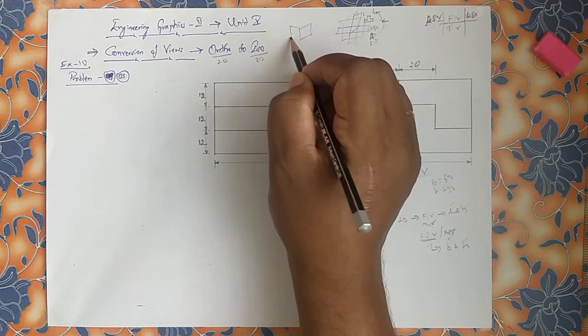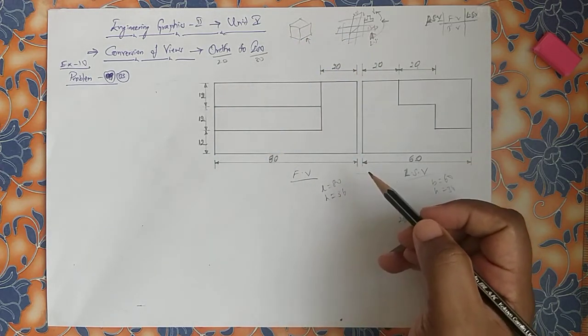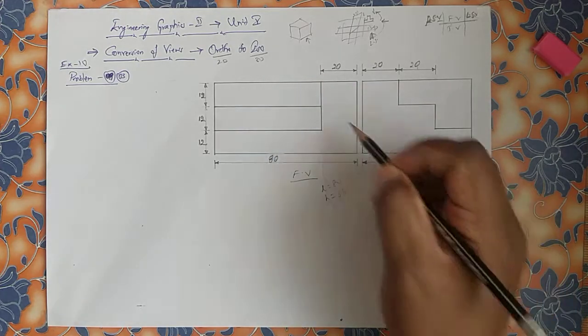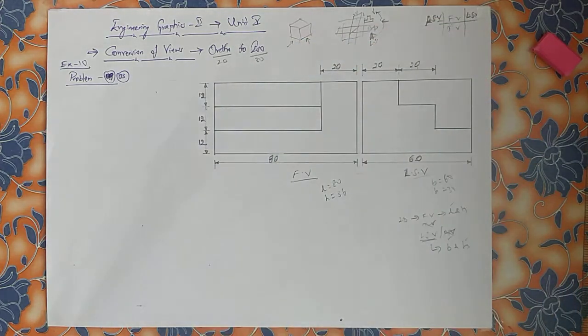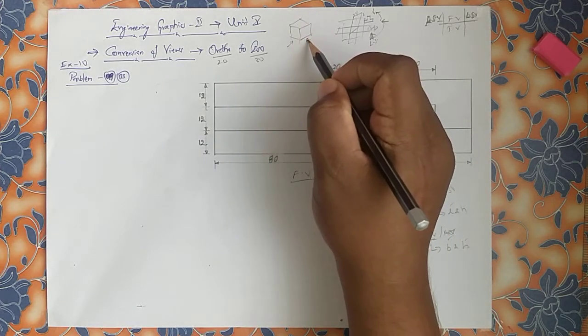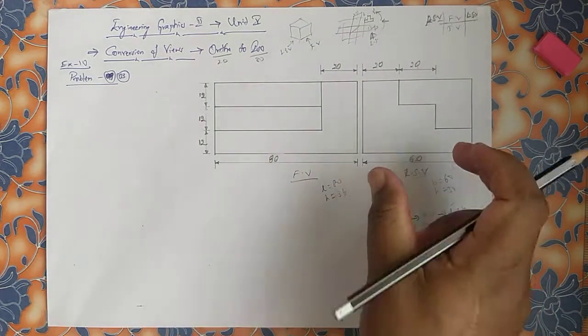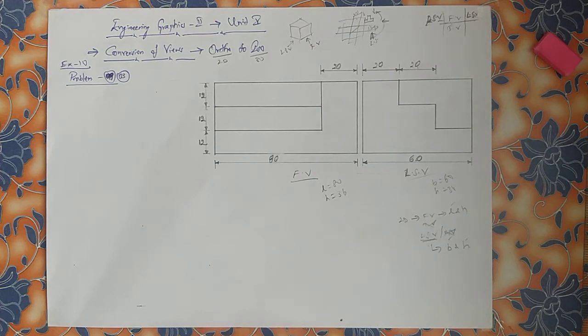ISO right, ISO left, ISO top. Here I am taking the front view on the right side, ISO right side, because the left side view is given here, so I prefer the left side view should be taken on the left side. So I am preferring here front view, left side view. Top view we have to generate with the help of the given data. Now simple.